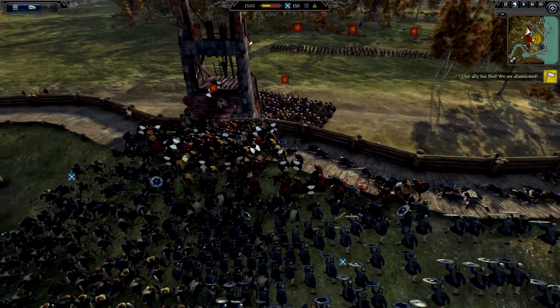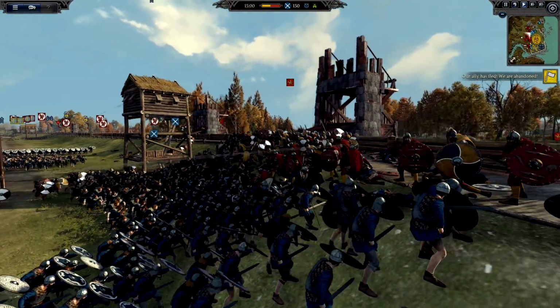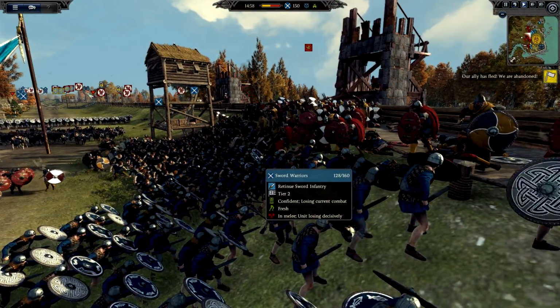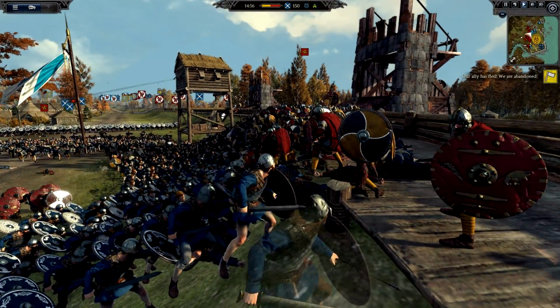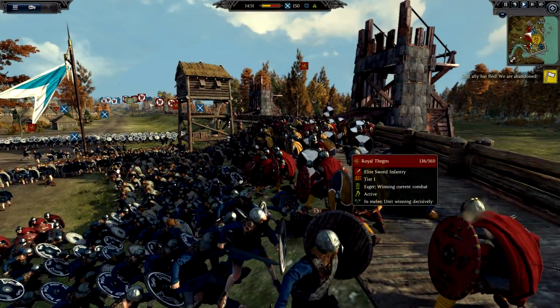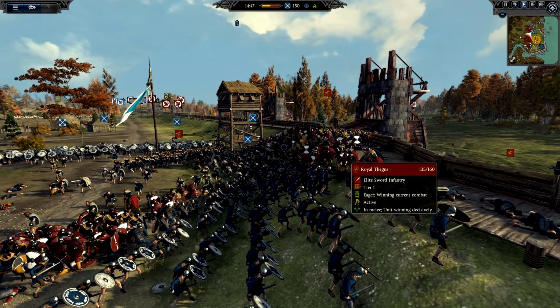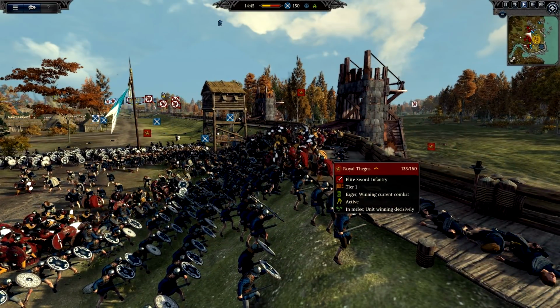Ooh, this is getting real fun. More and more of the men of Wessex pouring over that wall. Sword warriors meeting them with full fury, but it seems like the English here are going to be able to pull out a victory. Sword warriors having to fight uphill now against the Royal Thanes, who have a solid foothold